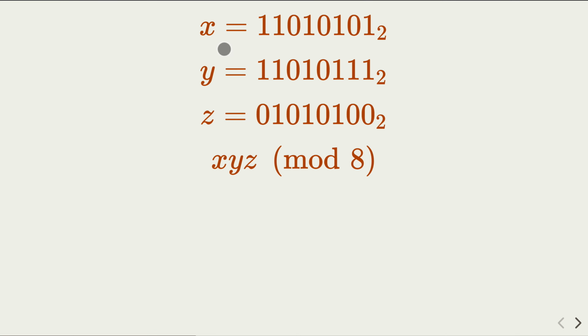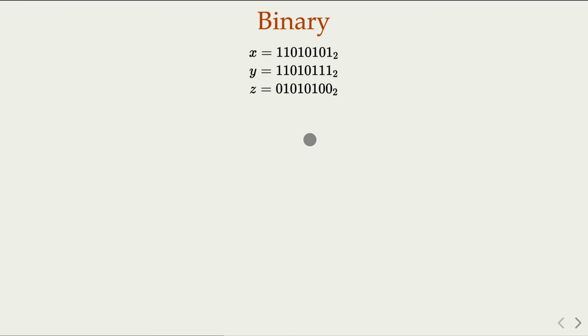So here another problem is, we are given 3 binary numbers. We try to calculate the product of those numbers mod 8. Now, do you have to calculate that into decimal and then do the multiplication and the mod 8? The answer is no. There's a quicker way of doing that. Why? Because in binary, we know that 8 is 1, 0, 0,